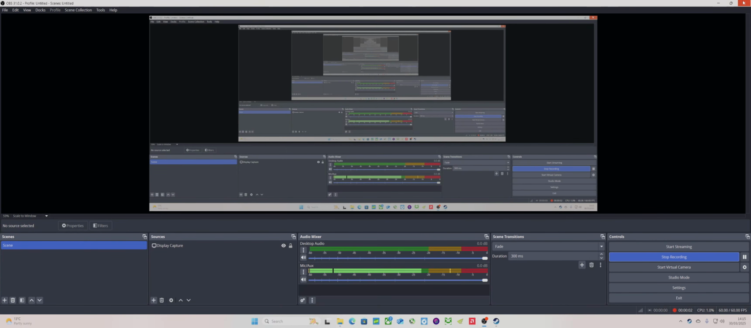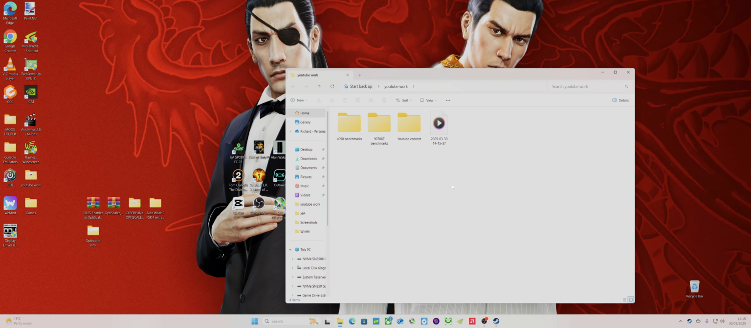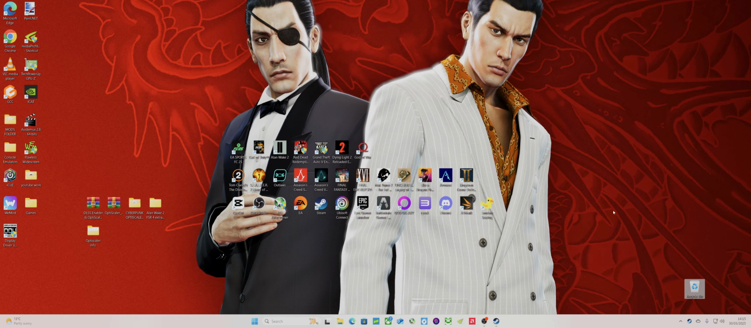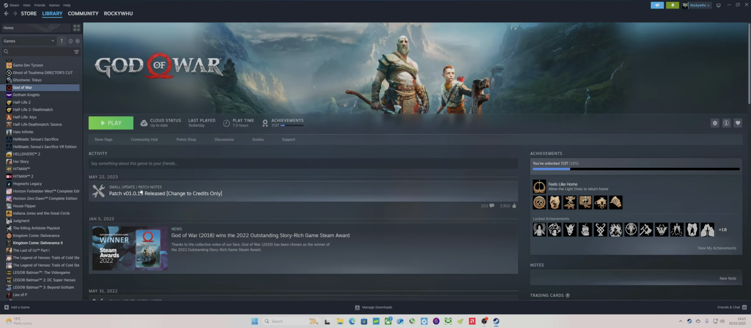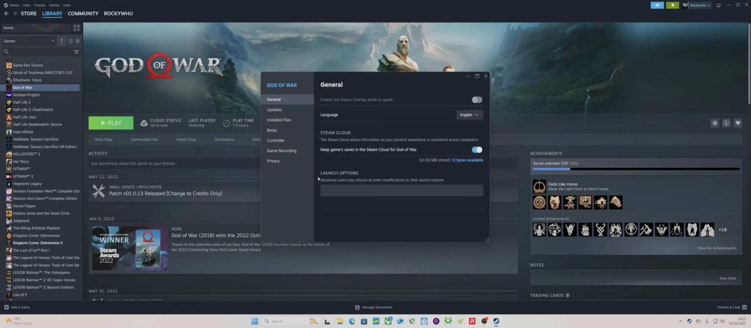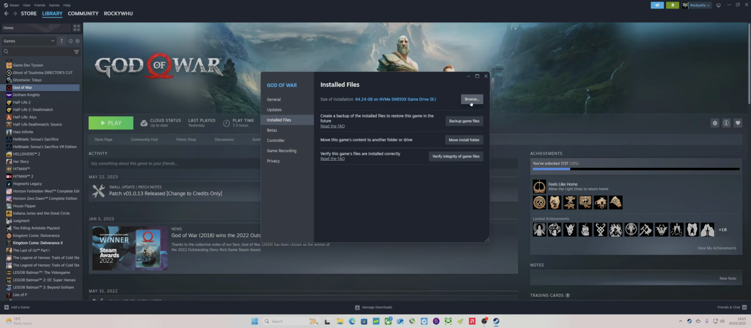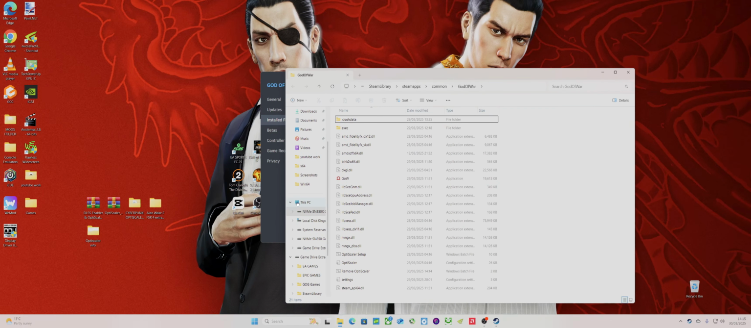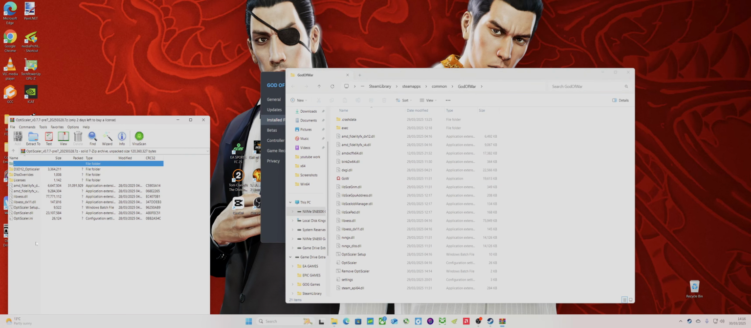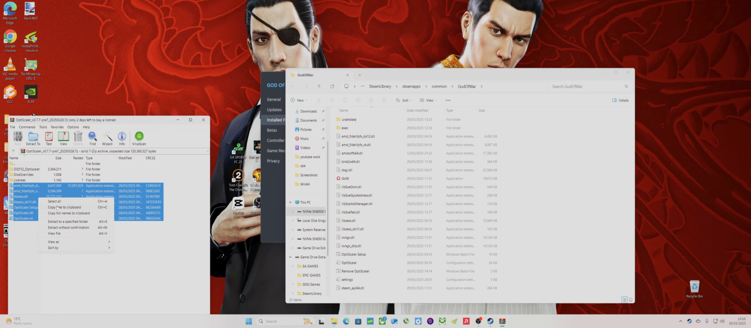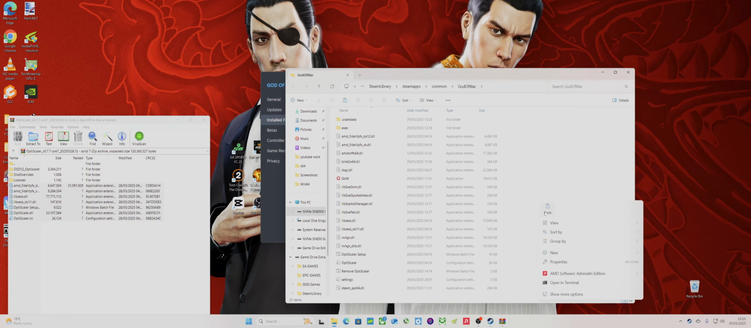Yo, what is up? So today will be FSR 4 into God of War, this game here. So for that you will need to right click, properties, installed files, select browse, then you just paste the OptiScaler files, so copy to clipboard, right click, paste,